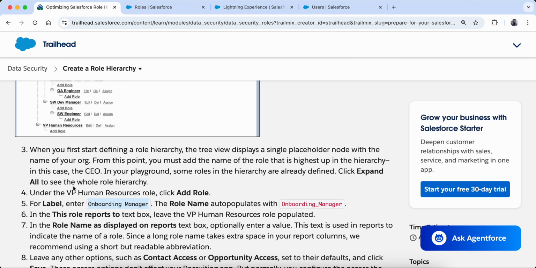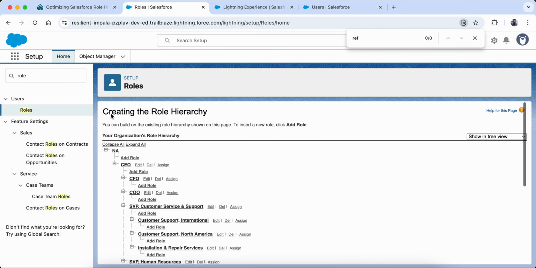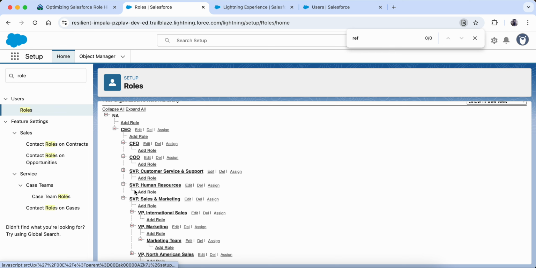Under the VP Human Resources, VP Development. Okay, let me collapse this so that I will be able to see more. So this is the VP. I think I don't have this role right now, right? We have the SVP, but in the SVP we don't have the VP role.